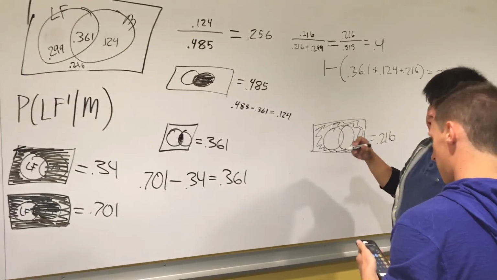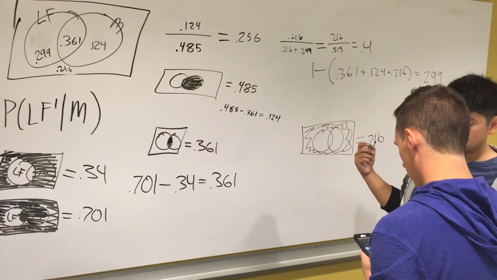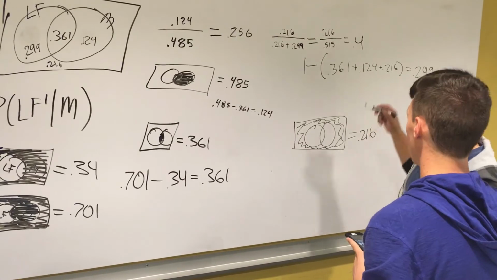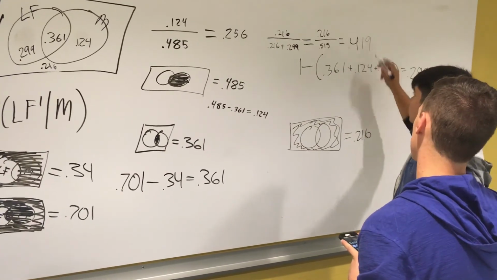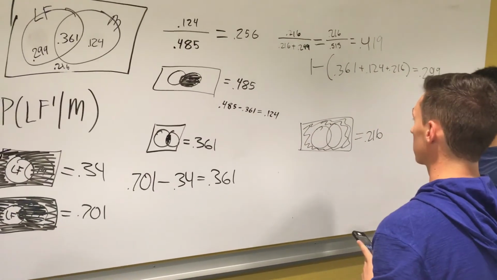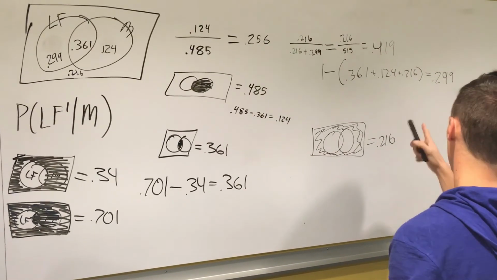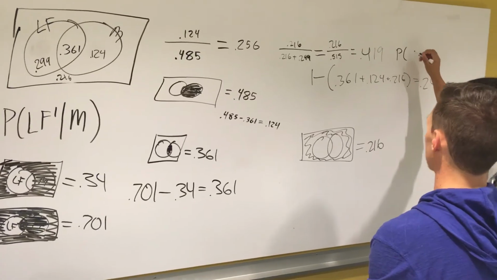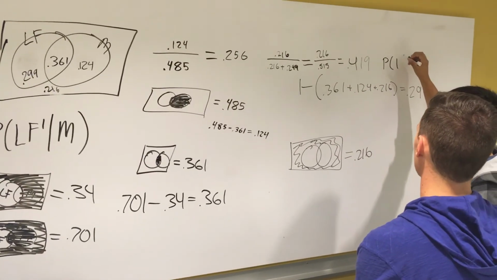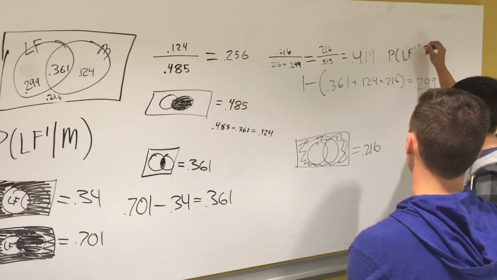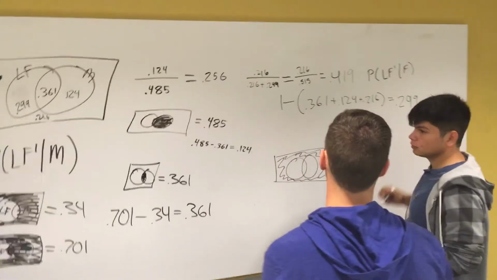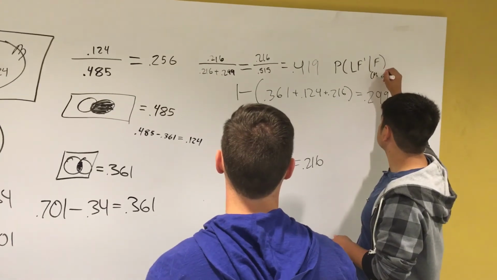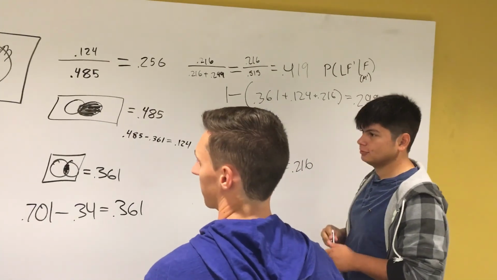I'll do it on my calculator. 0.216 divided by 0.515 equals 0.419. Awesome. So what is that number? This is the probability that they're not in the labor force, given that they're female. Or not male, since these were the variables we were using. Yeah. Okay. Well,